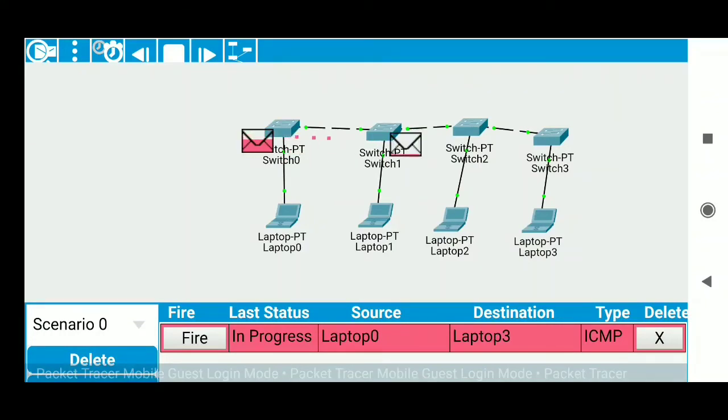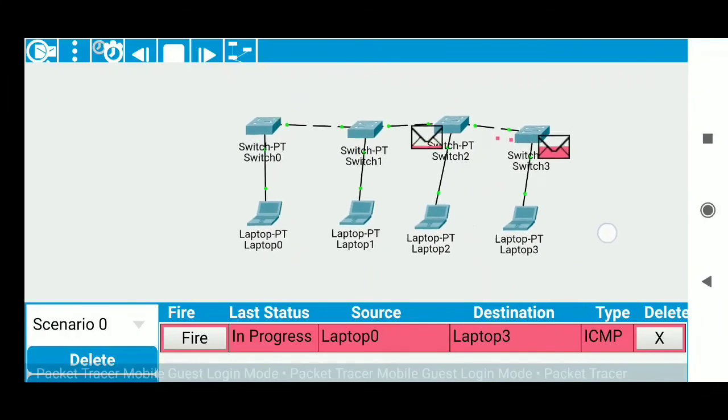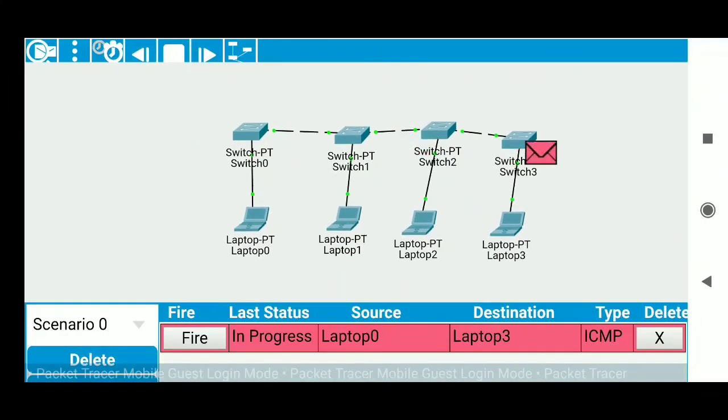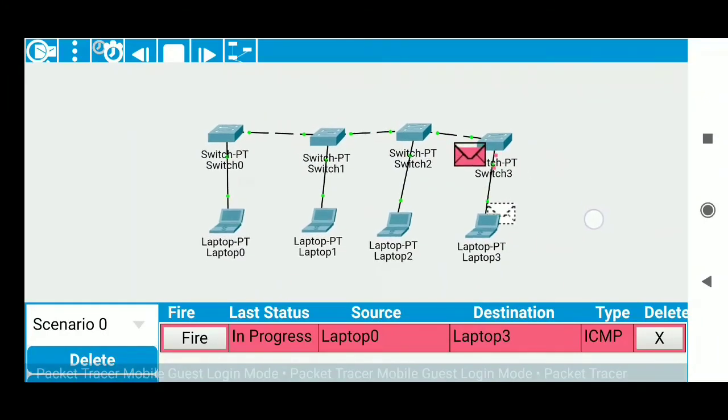The message will be sent from the first laptop to all the respective switches, and you can find the progress status of the message. You can see it is in progress from laptop 0 to laptop 3.